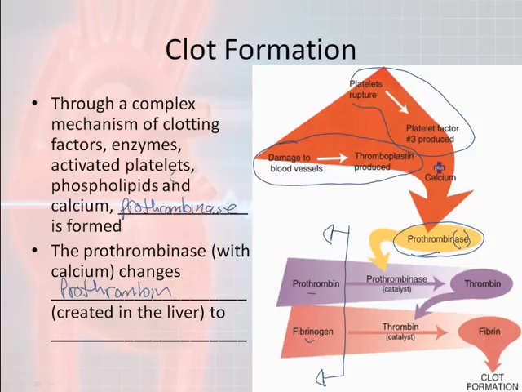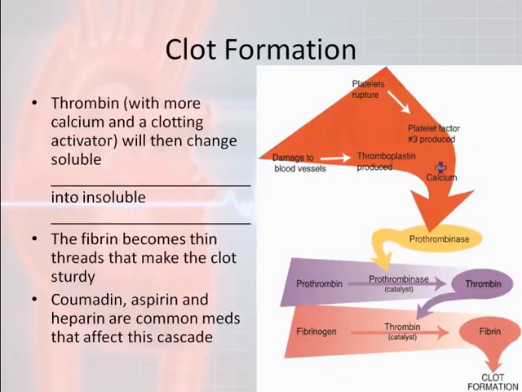Prothrombin is created in the liver. It changes prothrombin into thrombin. Now that we have thrombin,